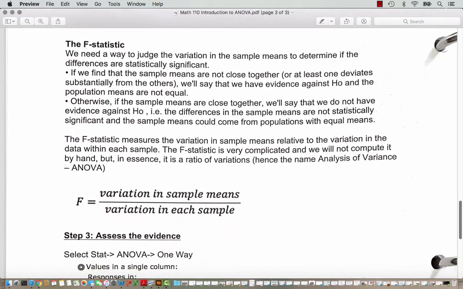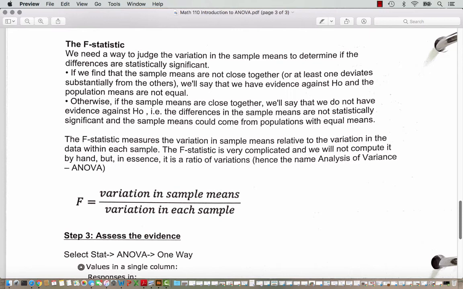The ANOVA test gives us something called the F statistic. In the past, we've seen the Z statistic and the T statistic. The ANOVA statistic has this letter F, named after the statistician Fisher. So we need a way to judge the variation in the sample means to determine if the differences are statistically significant. If we find that the sample means are not close together, or at least one deviates substantially from the others, we'll say that we have evidence against the null hypothesis and that the population means are not equal. Otherwise, if the sample means are close together, we'll say that we do not have evidence against the null hypothesis. That is, the differences in the sample means are not statistically significant, and the sample means could come from populations